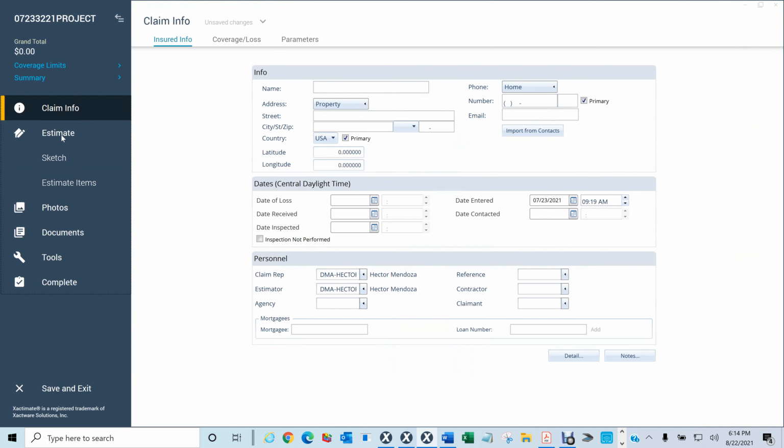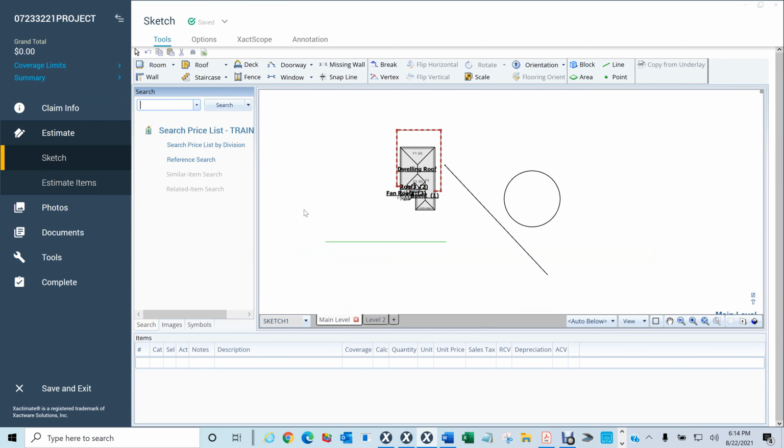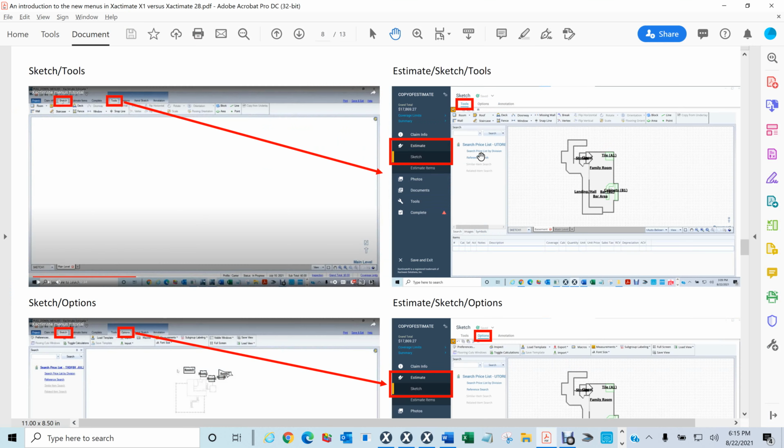So if you don't select estimate, you're not going to see sketch. Okay, because there's a sub menu of estimate to get to your sketch. Okay, and on this document, I tell you that you have to click on estimate, sketch, and tool all the way to the end. That's what those slashes are. It tells you you're going to have to go to estimate, you're going to have to go to sketch, and so forth. Okay, so